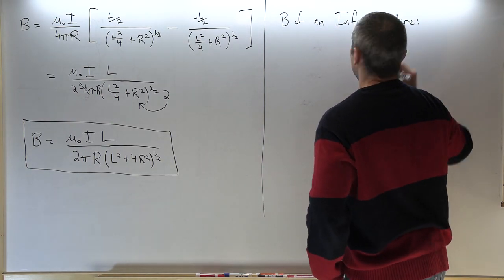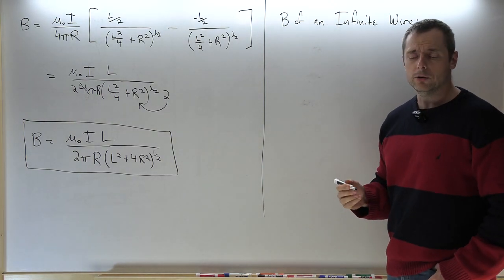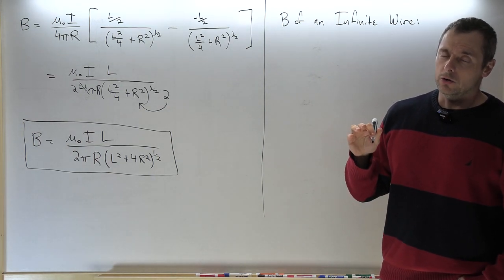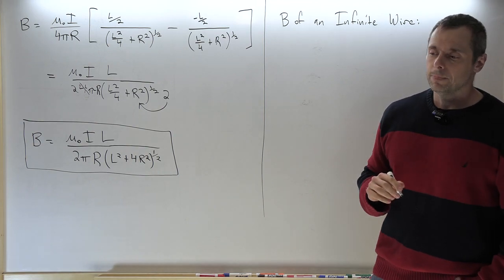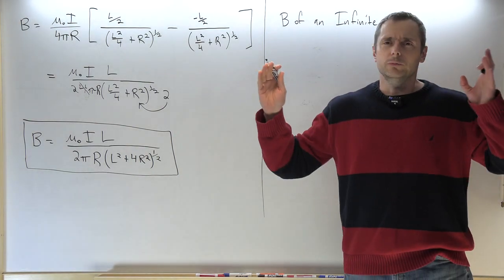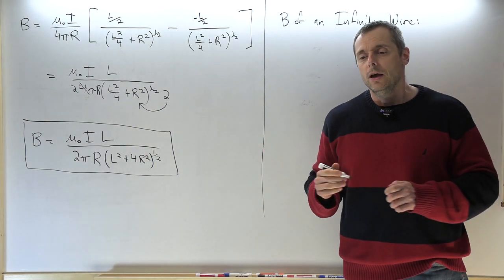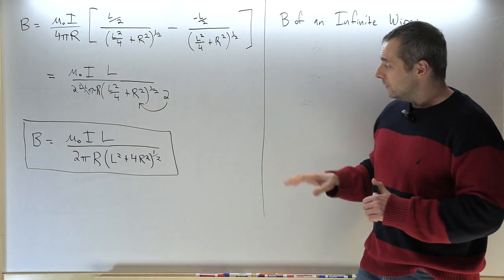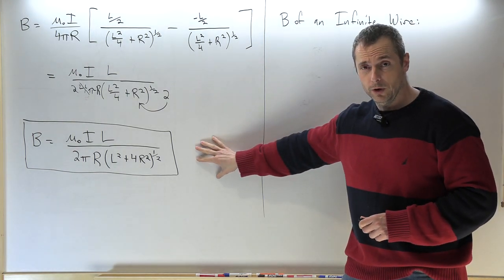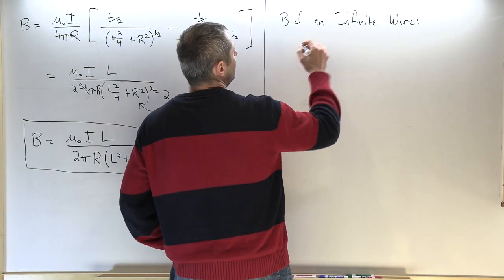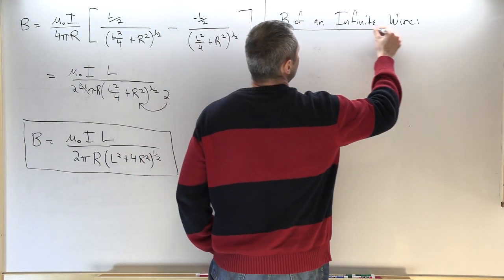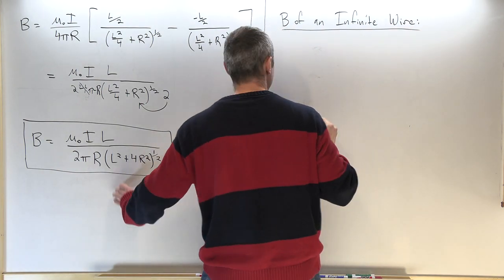Well, we already know that, right? We just wrote that down as an expression earlier in this magnetism topic, mu 0 I over 2 pi r. But that was just like an expression pulled out of the air, okay? And so what we're going to see is where it comes from, because it comes from this formula. How so? Well, if we wanted the magnetic field of an infinite wire instead of a finite wire, we'd take this formula